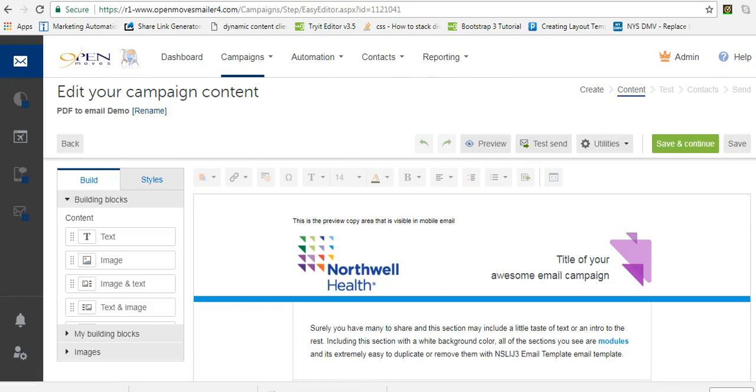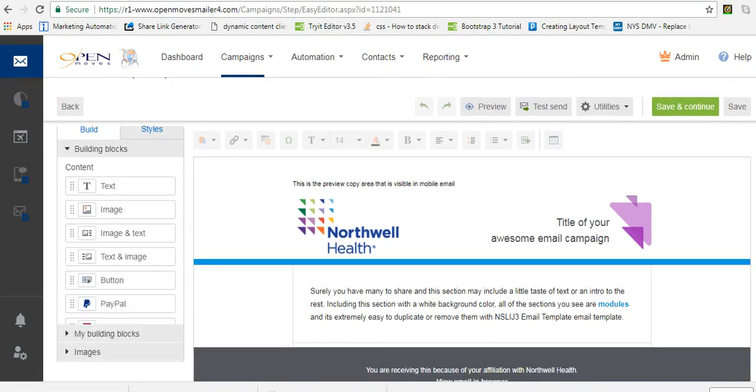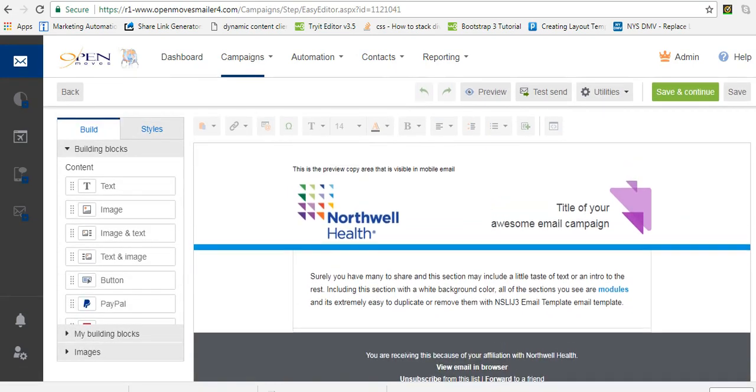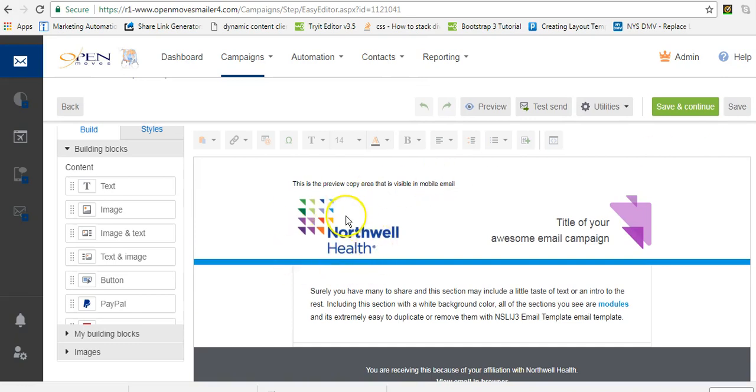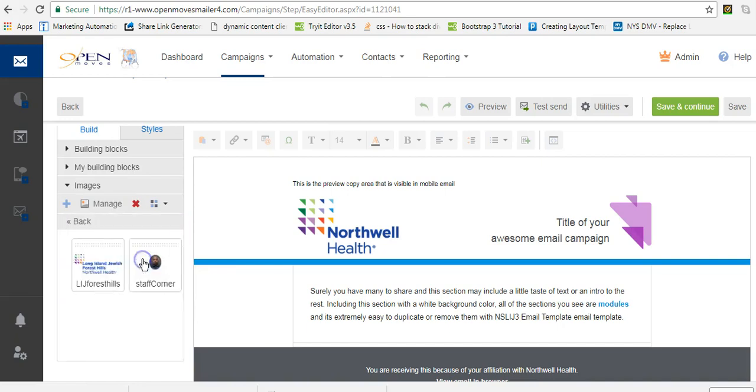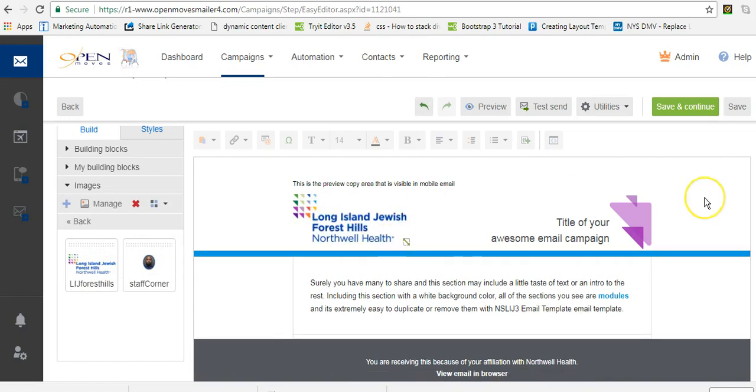So I've started already. I've created a new campaign from the simple template. So first I'm going to swap out my logo. In images, I've already imported my logo here. And since I can do that, I can just click and drag and drop it. And it's going to update that for me. If you do not have your logo handy as an image file, you need to go to your brand center